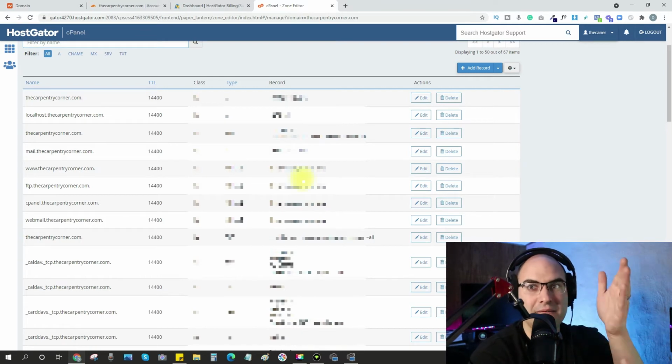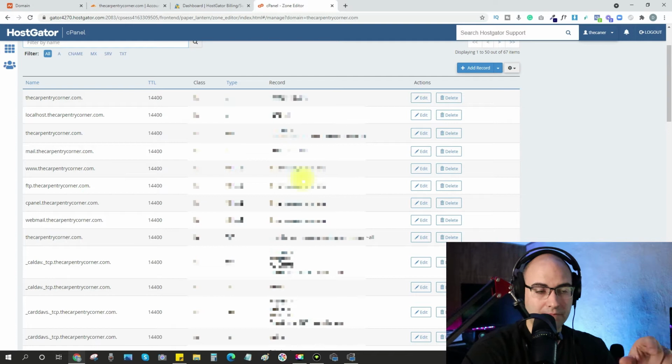If someone sends an email to your domain, this tells you how to redirect it. So this is all back-end stuff. Luckily, once we get this set up, it's only something we set up once and then we can forget about it pretty much for the rest of time. But again, what we're going to be doing is changing the functionality here from HostGator over